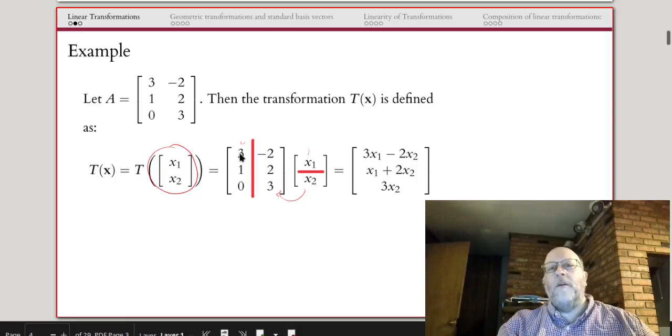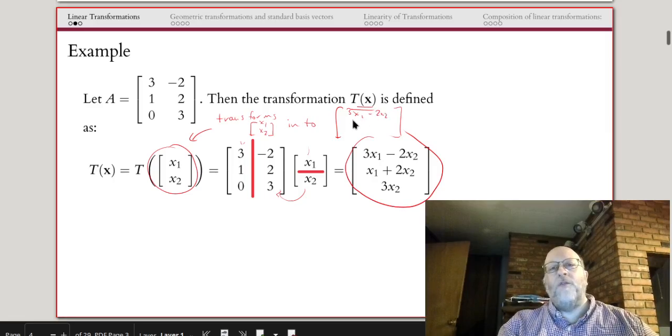And so the result is the vector 3 times x1 minus 2 times x2, x1 plus 2 times x2, and 3 times x2. And so this transformation transforms this vector x1, x2 into this vector here, 3x1 minus 2x2, x1 plus 2x2,